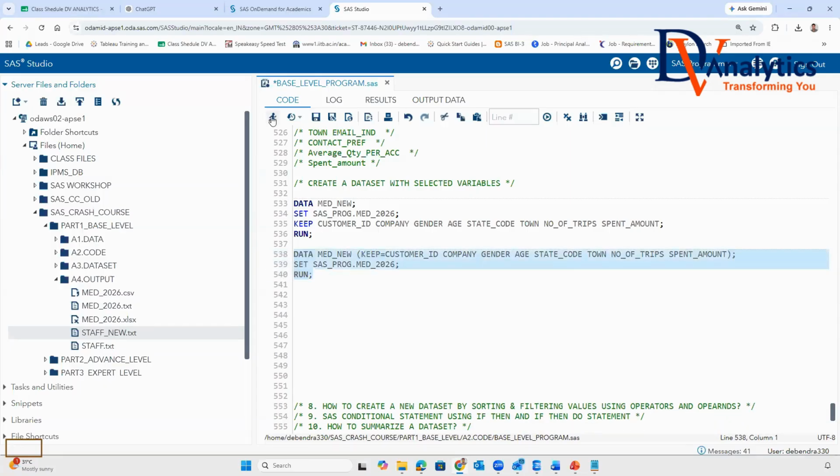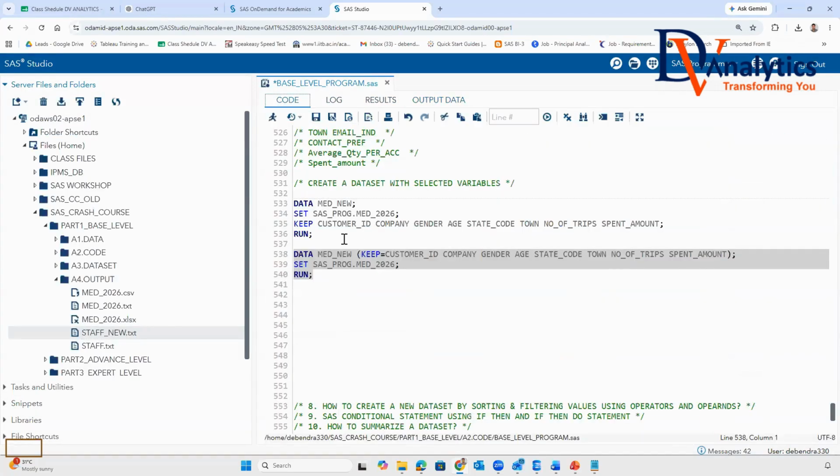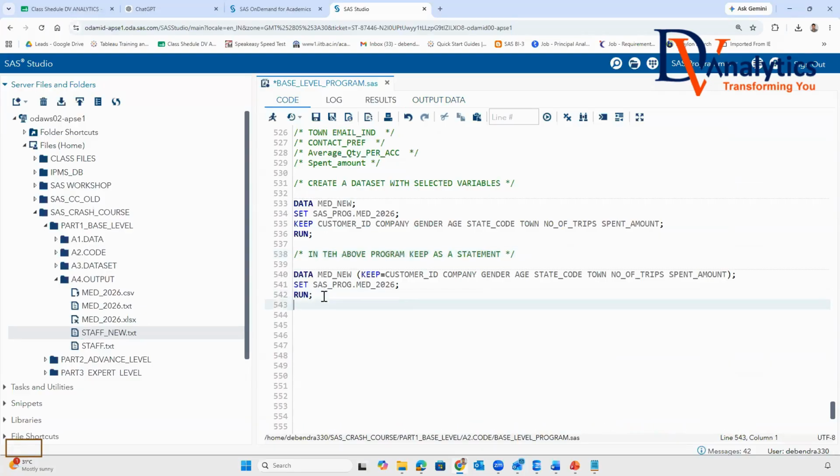This is also the same. So in the above, keep as a statement. Now in this above, keep as an option. Does it make sense to all?